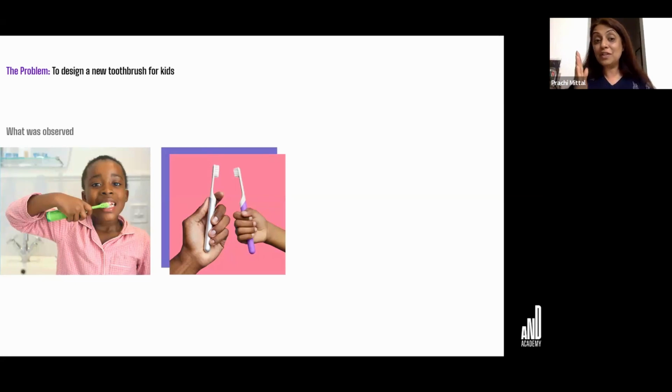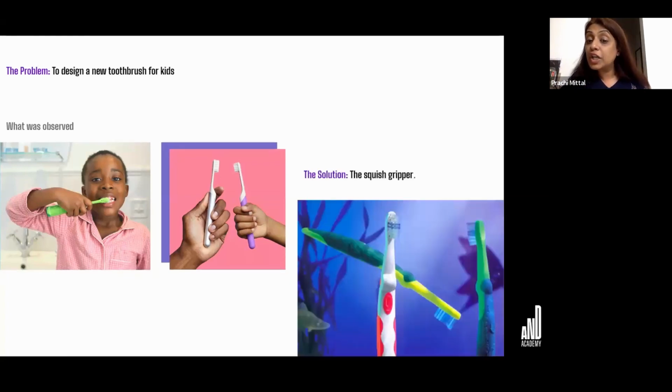So in the second picture that you see, you can see how a child holds a toothbrush and how an adult would hold a toothbrush. A child tends to maneuver and have their grip through the fist, whereas an adult can use the fingers. If you can see my camera, then you'll understand that, right? And from there, again, it's a beautiful study of the product that was developed. They designed the squish gripper.